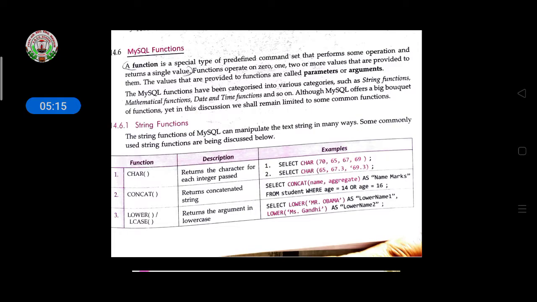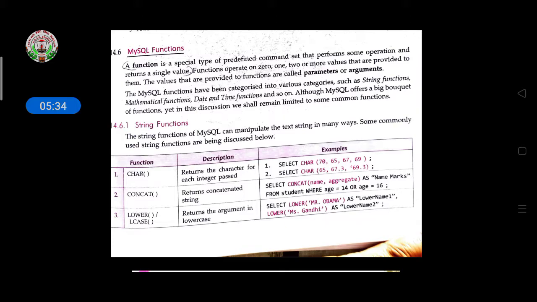The MySQL functions have been categorized into various categories such as string functions, mathematical functions, date and time functions, and so on. Although MySQL offers a big bucket of functions, in this discussion we shall remain limited to some common functions.